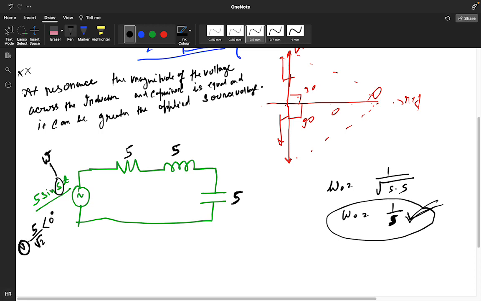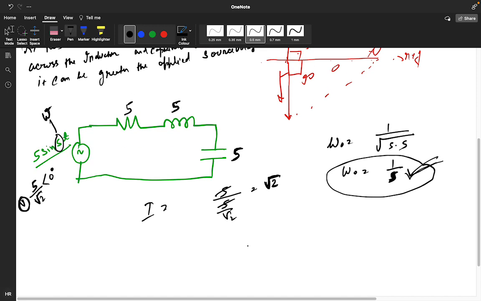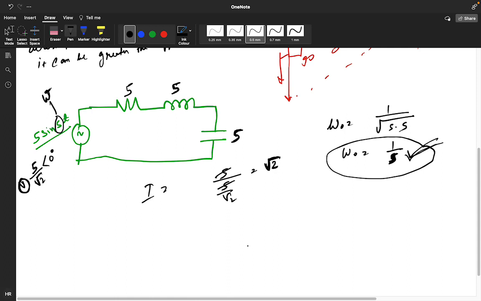Okay, and what current will you get? At resonance frequency this will cancel out, so you will get 5 divided by 5 root 2 only, so you will get root 2, right? You will get root 2 at an angle of 0 degree only. Okay, so what I am telling,